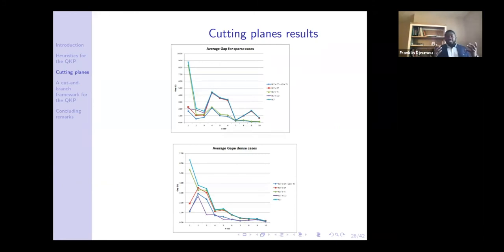But indeed, it raises an interesting point for future research: the order in which you bring in your cutting planes is important to the quality of the bound that you will get. So this sequencing needs to be studied. And also we need to study the structure of the problem against the kind of cutting planes that can be used. Which of these cutting planes is more useful for which type of problem? That is part of what will be studied in the future, because that's a very